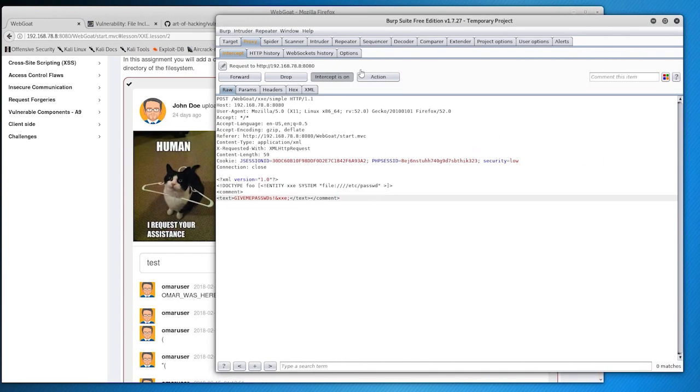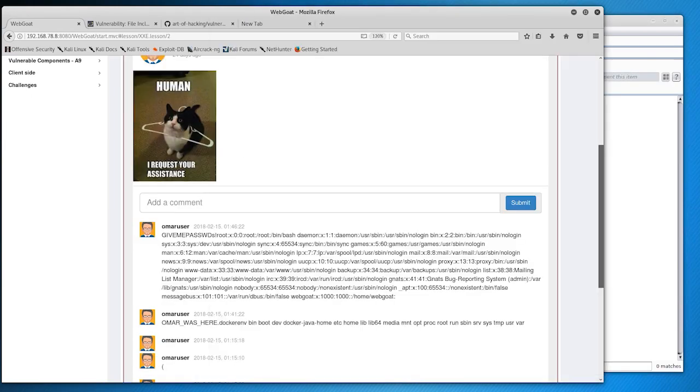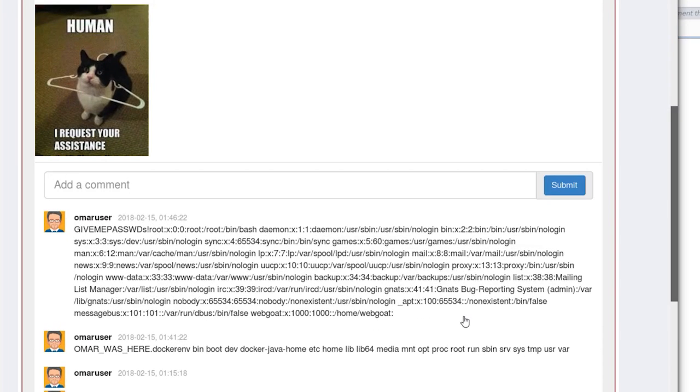So let's forward that to the web server. And then if you go back to the application, you see the comment and then all the different contents, right? All the different users within the password file. So this can be extremely catastrophic, and of course, depending on the goal that you have, you can display users, you can display files, sensitive files, and execute commands